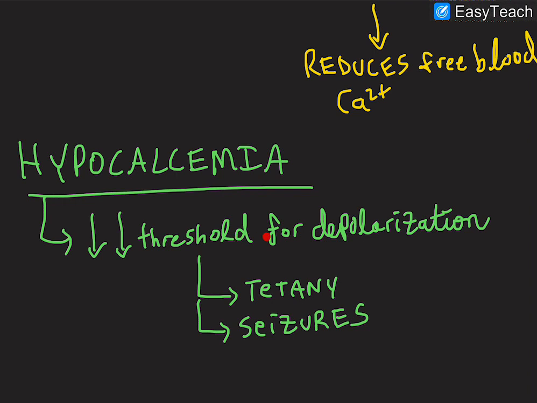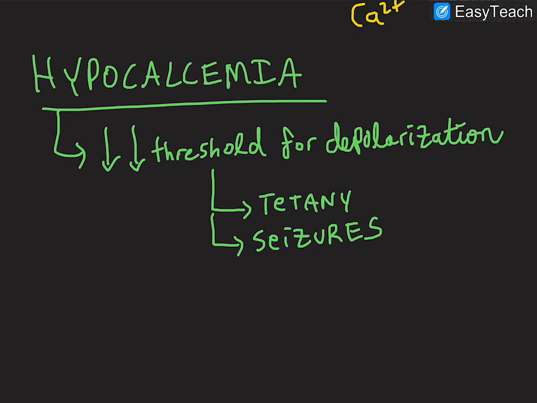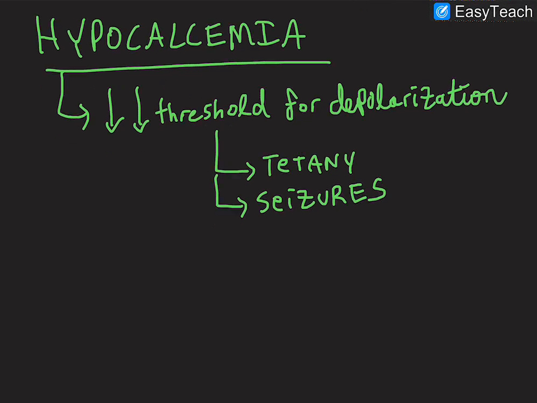Why? Because remember, calcium is important for overall function of your nerves and muscles. Low calcium will actually decrease the threshold for depolarization. So things like nerves, for example, may fire quicker, because you decrease the threshold needed to depolarize. Remember, in an action potential, you have a threshold potential,